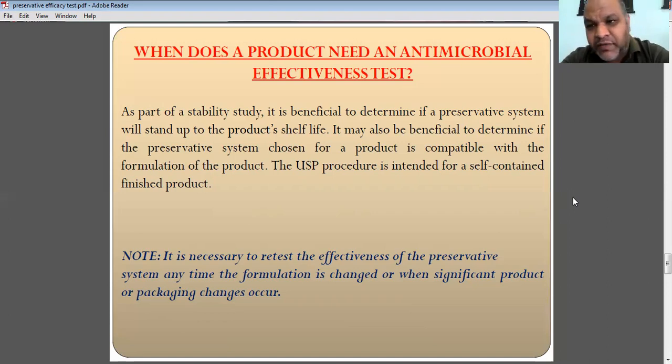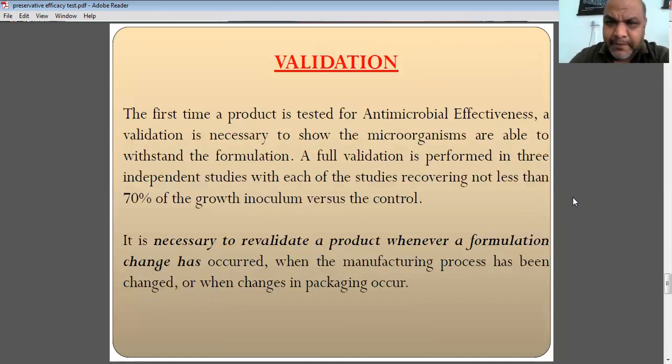Okay, so when the product gets finished off, when it just goes to the market, then from the market up to the interval of some specific time interval, like 15 days, like 30 days, you can take the samples from the market and you can check the effectiveness or the preservative effectiveness of that particular sample. Okay, so it should be done in a big industry, in the pharmaceutical industry, where lakhs or millions of tablets are being packed or manufactured. Okay, so in that particular instance, we can go and check the effectiveness testing.